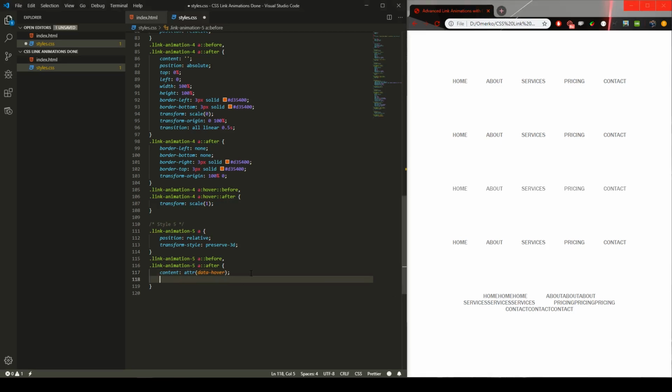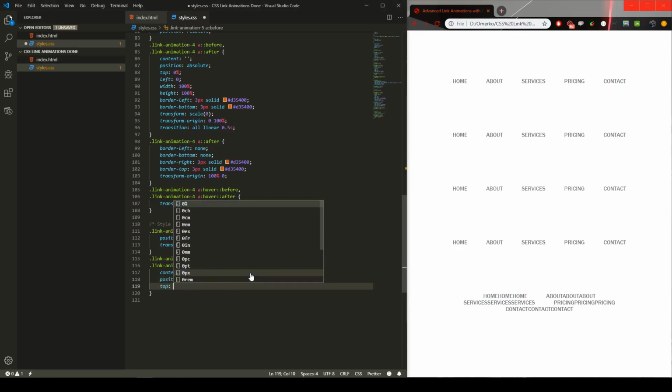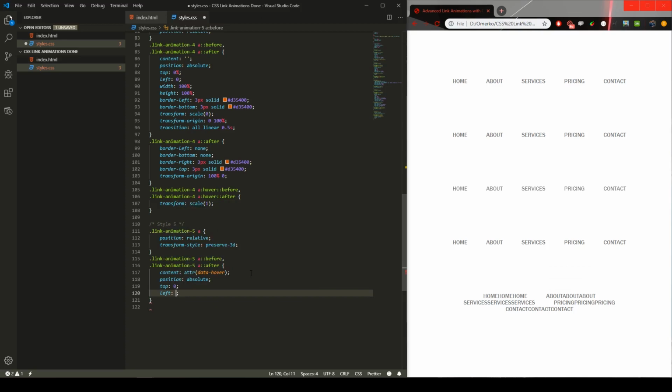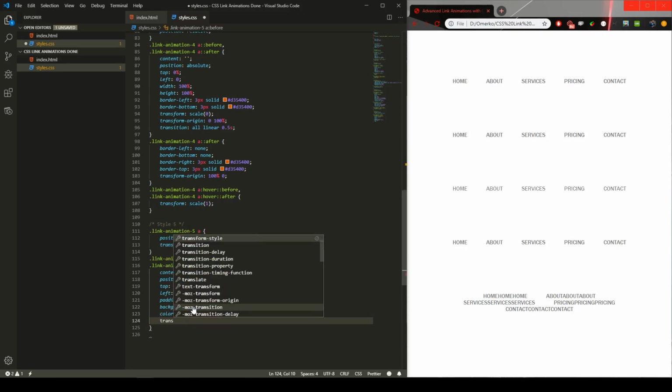So I will position absolute those. Then top will be 0, left will be 0 as usual, and I will also refresh padding here. Padding will be 15 pixels, 8 pixels, so you could see that those look like blocks. Background color will be this one here. This color will be for before element, and color inside of the text we will use a white one for this one. We will also use transform origin,